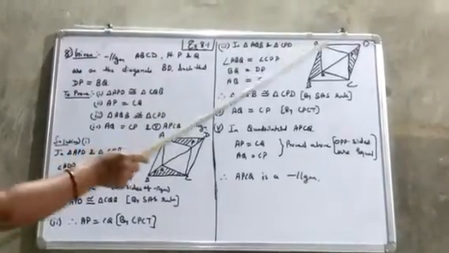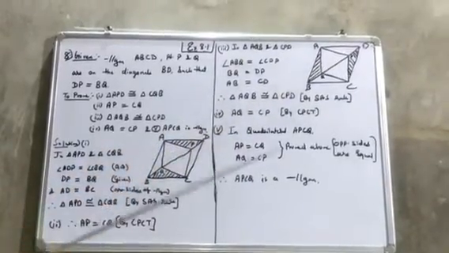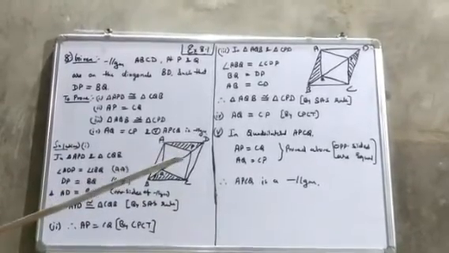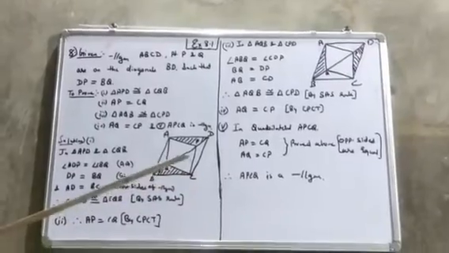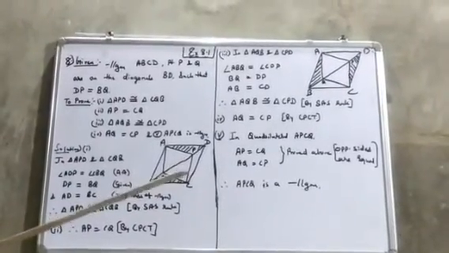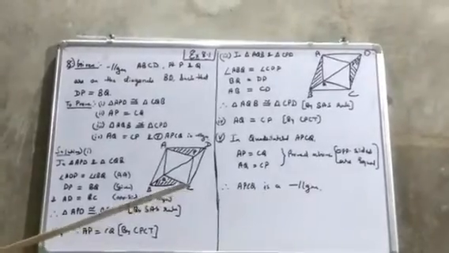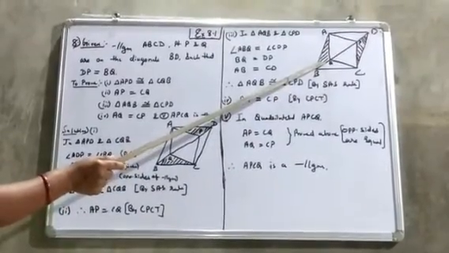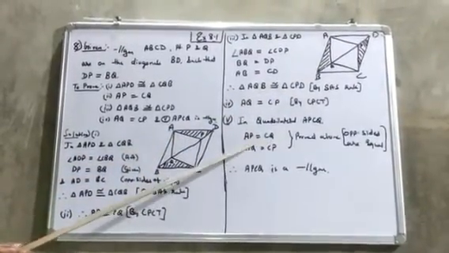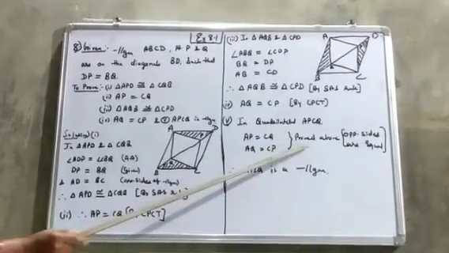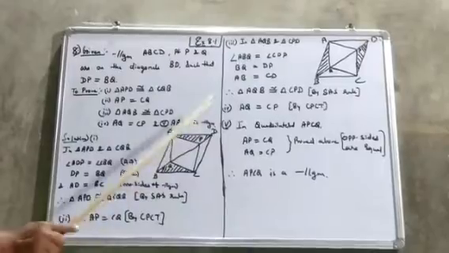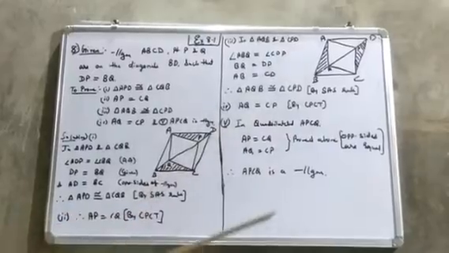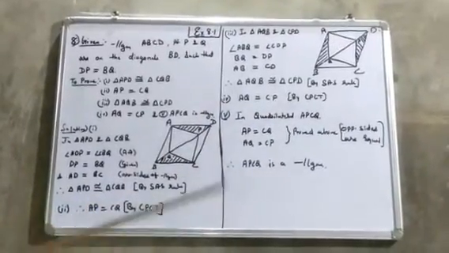You can see APCQ. We have to prove this quadrilateral is a parallelogram. We have to recall the conditions for a quadrilateral to be a parallelogram. If opposite sides of a quadrilateral are equal, then it is a parallelogram. So in APCQ, you can see that AP is equal to CQ and AQ is equal to CP, which we have proved above. Here, the 2nd and 4th parts we have already proved. These are the opposite sides of quadrilateral APCQ. So we can say APCQ is a parallelogram.